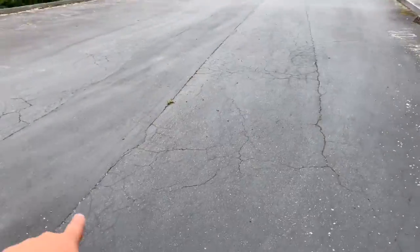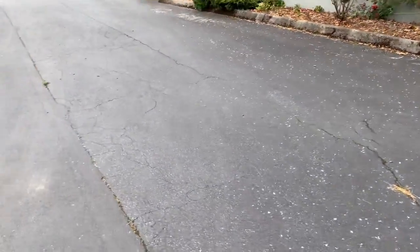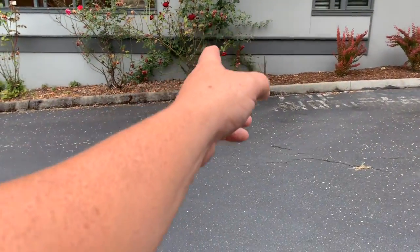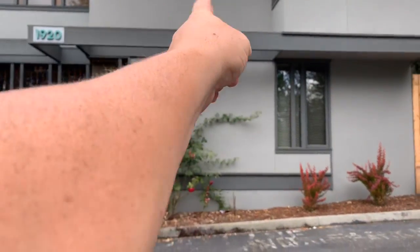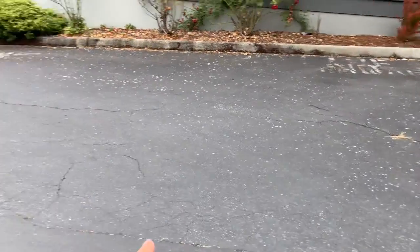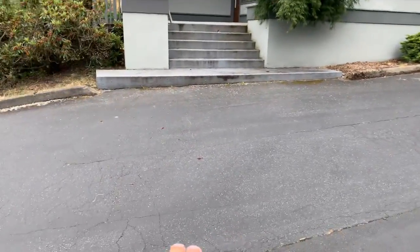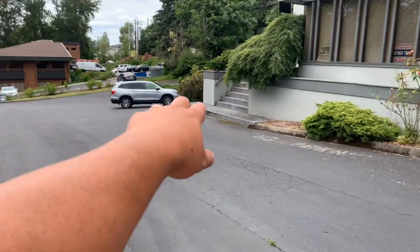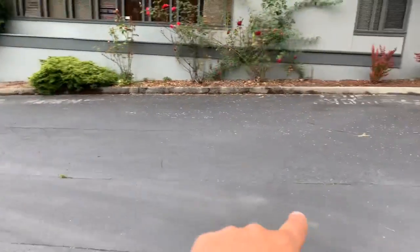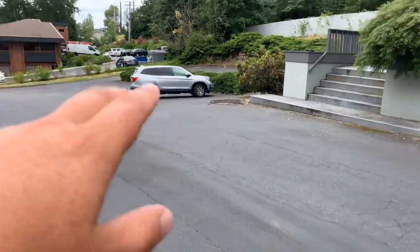All right, so we're going to go, trying to pick a point here so we know exactly where to start. We're going to start right at the rose bush here, which if you were to look up at the beam there and there's like a line, start right there coming out. We're going to go 7 feet and go all the way down. So that's 7 feet by 30 feet. I'm sorry, that's 38 feet. Okay, so 7 coming off the seam here. 7 by 38. Okay, it takes you down to where this other patch starts,